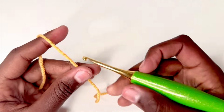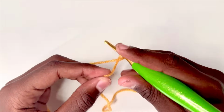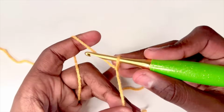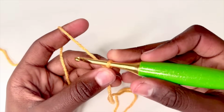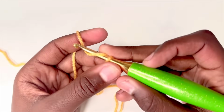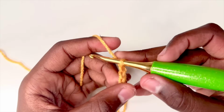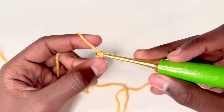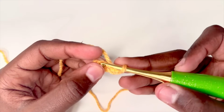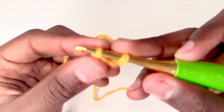So you have to take our yarn and our crochet hook and start by making a slip knot. Then you chain 4, so yarn over and pull through, and then yarn over and pull through, and yarn over and pull through, and yarn over and pull through, and then you're going to join with a slip stitch in the first chain to form a ring. So that means just insert into this first chain from the hook,